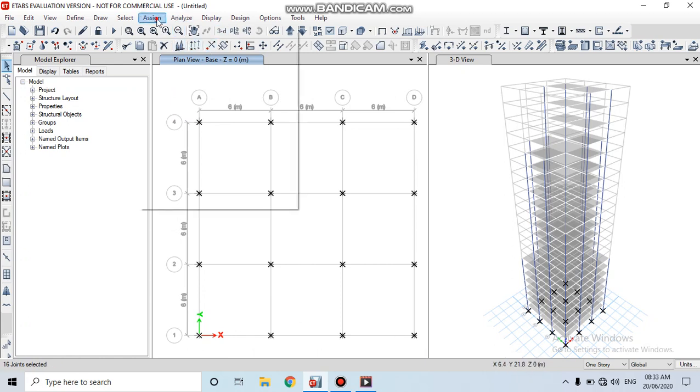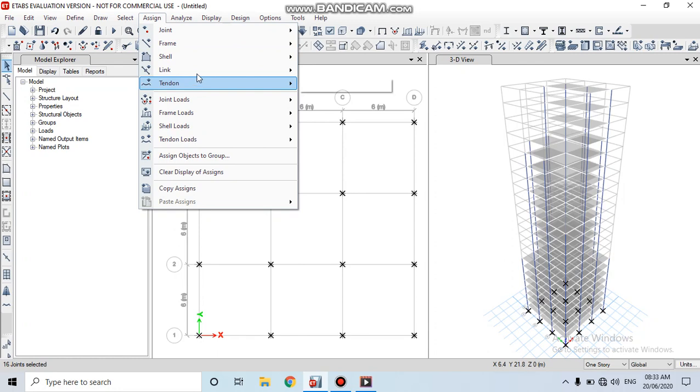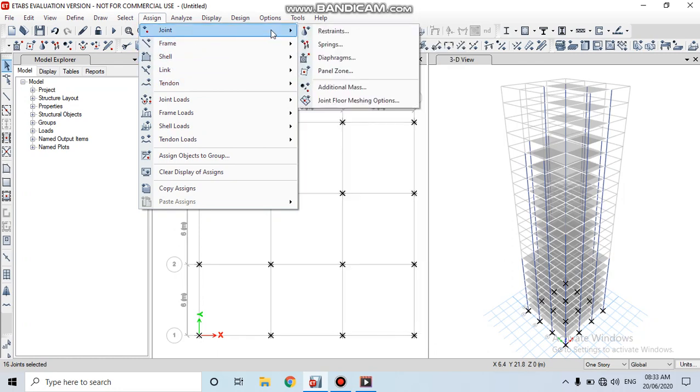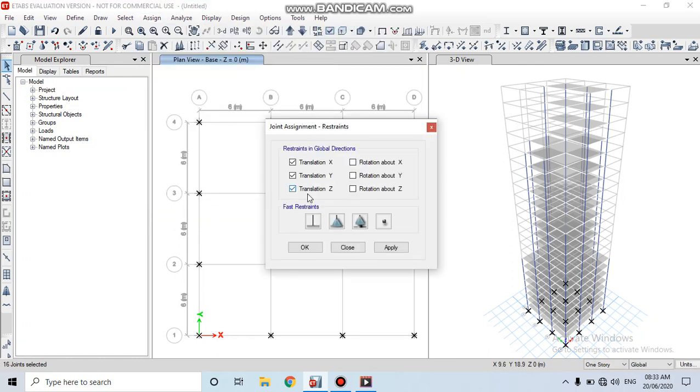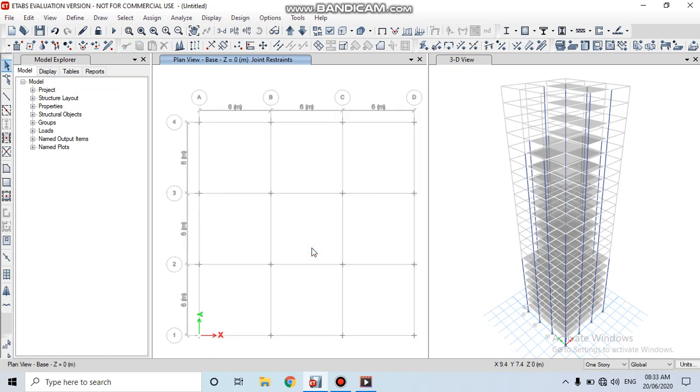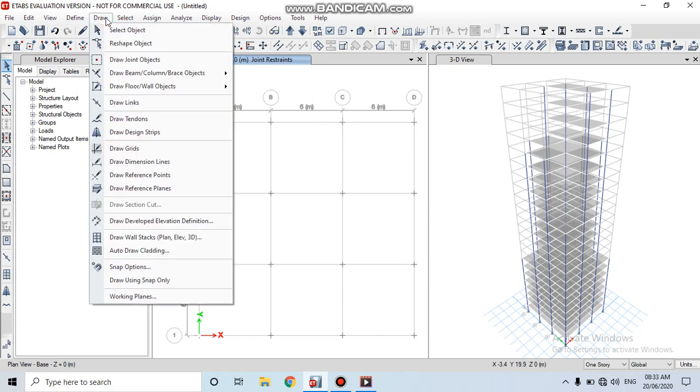Go to assign. Click on joint. In joint, click on to the restraints option. As it is, choose fix. Click on apply and click on OK. Then go to the draw menu. In draw menu, click the auto draw cladding.